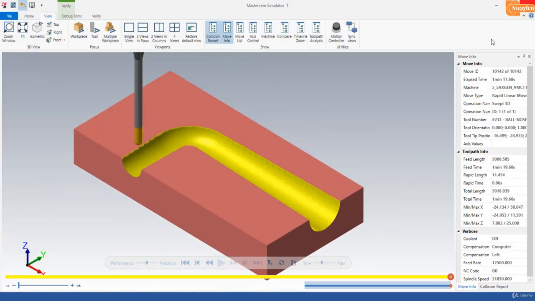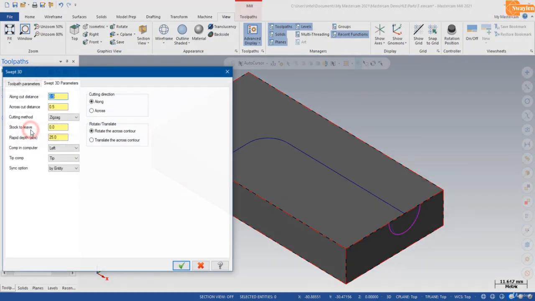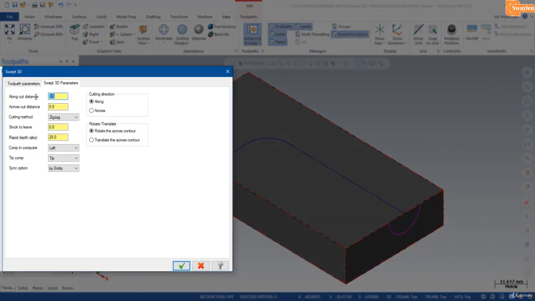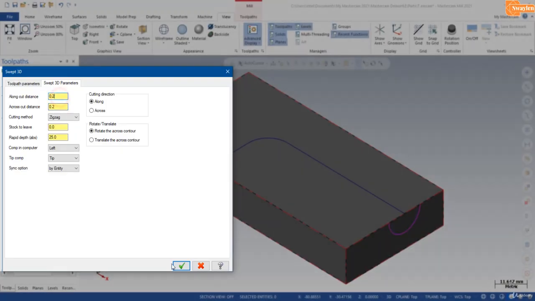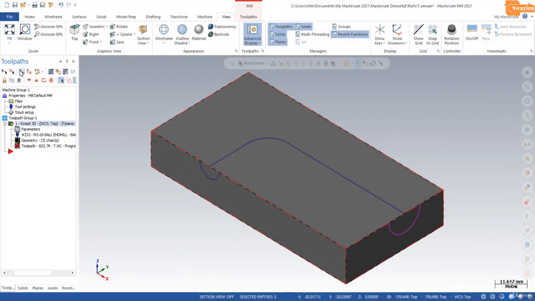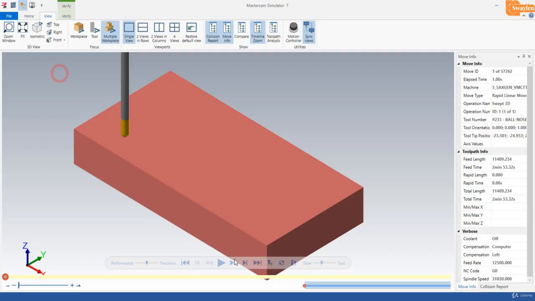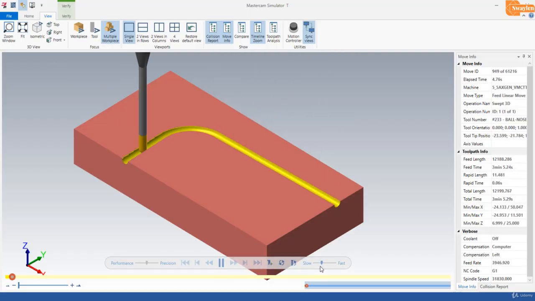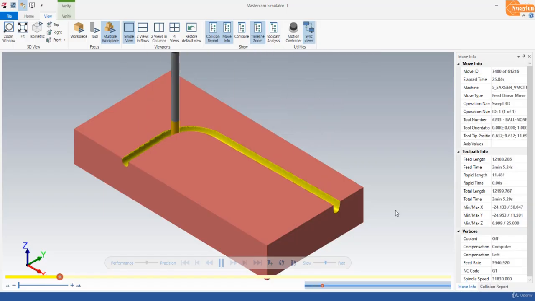So I will close, go to parameters, change this value to 0.2 and here also 0.2. Okay, regenerate and verify. I will play this operation with changed speed and you will see after this operation